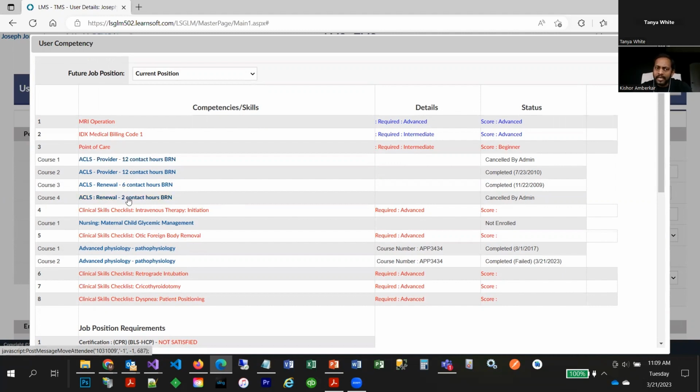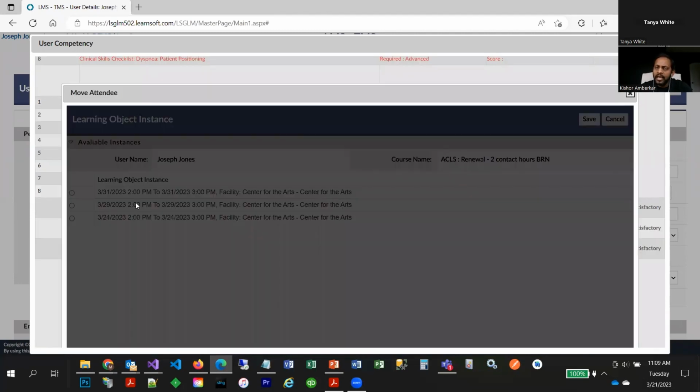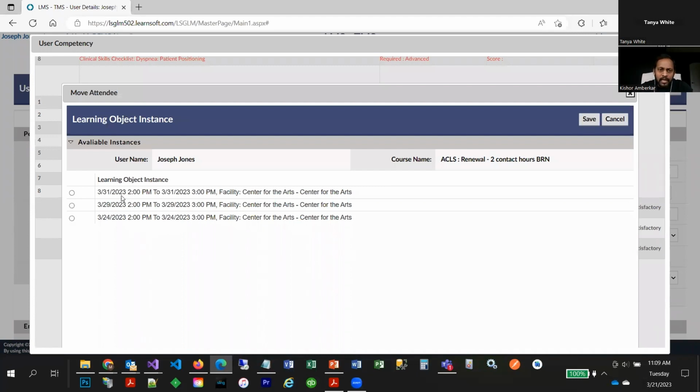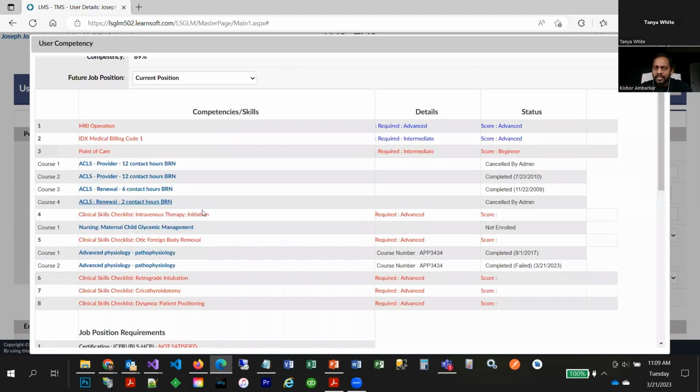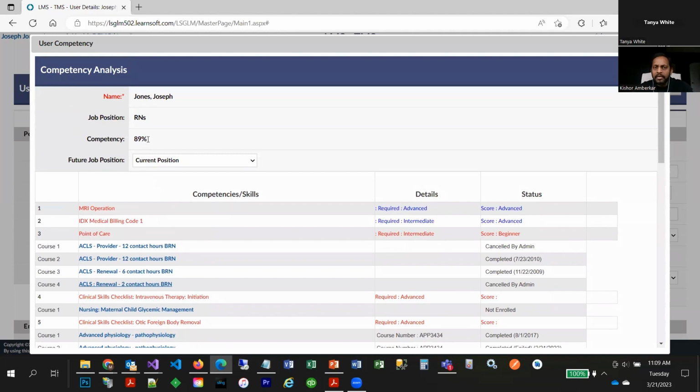I can actually take this ACLS renewal course, and it will show me that it is being held 3 times. I can pick, maybe I need to go on the 24th of this month, and I save it. I can automatically enroll in that course, and once I enroll in that course, then I can satisfy that skill, and maybe 89% satisfaction can jump to 95%. Now I can do the exact same thing. I can do it for my